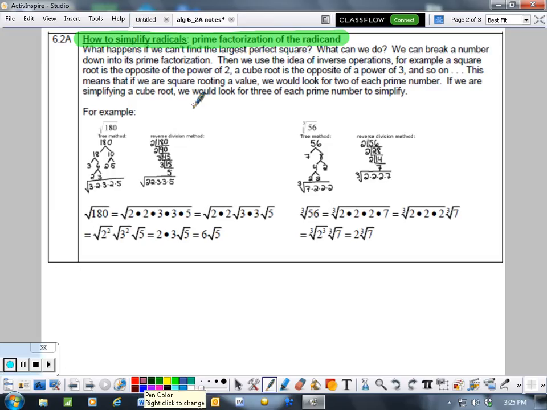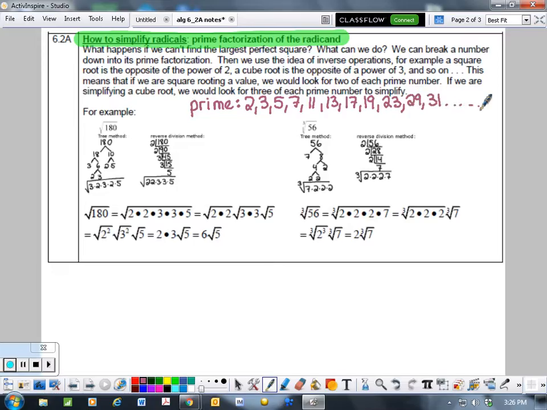So prime numbers: 2 is our smallest prime number, and then 3, and then 5, and then 7. 9's not prime, but 11, and 13, and 15's not, but 17 is, and 19 is, and 21's not, 23 is, 25's not, 27's not, but 29 is, and 31, and so on and so forth. The list of primes goes on for a long time, but really we're looking at these numbers. The idea here is that if we can break it down to its primes, we can then look for